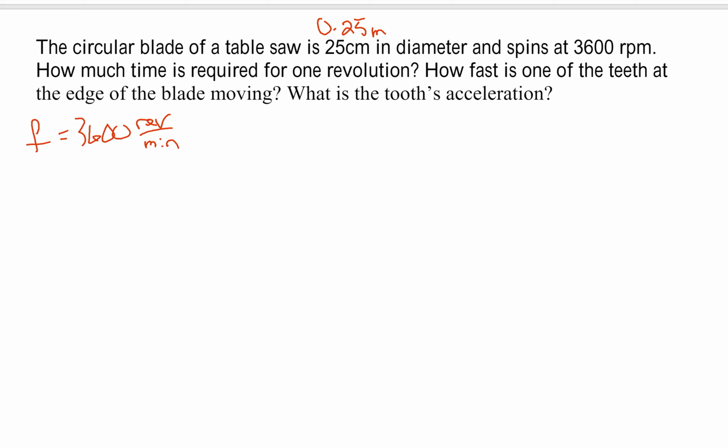So per second, we're going to go times and get rid of minutes and introduce seconds. And there are 60 seconds in 1 minute. So the minutes are gone, and we're going to be left with per seconds. Now remember, revolutions does not matter at all, so I get rid of it completely. And when we do this, multiply it all out, we have 3,600 divided by 60. So this is going to wind up being 60